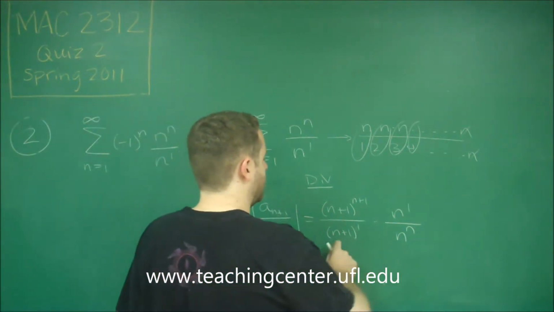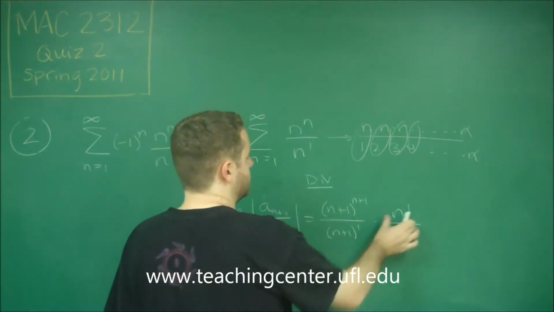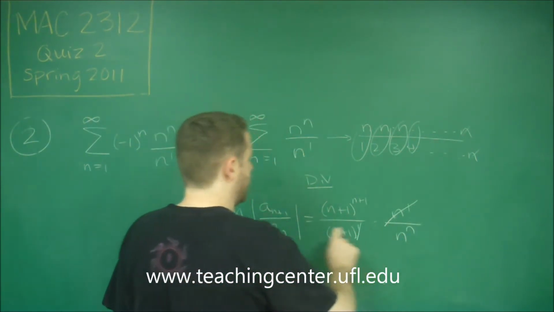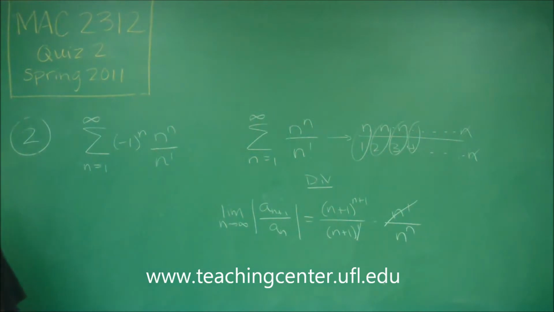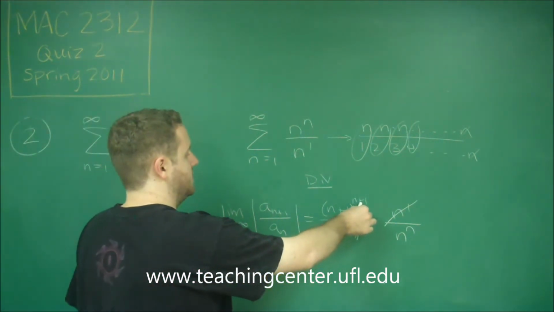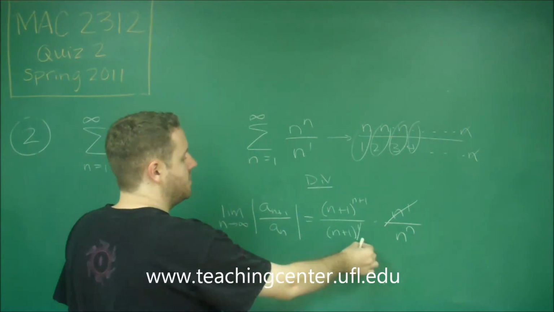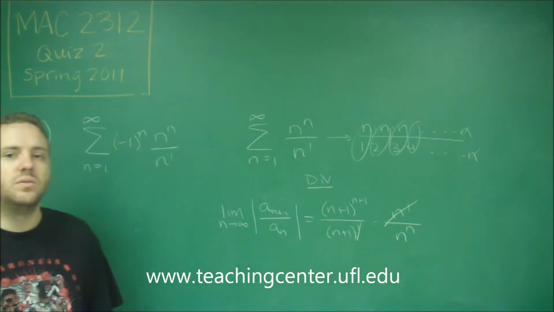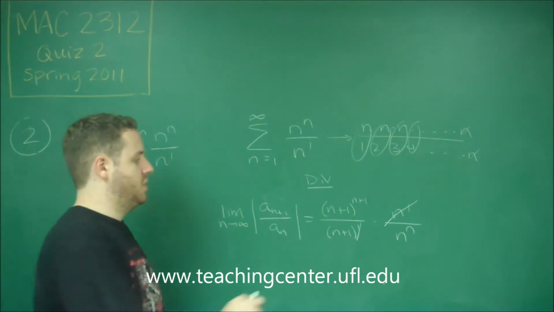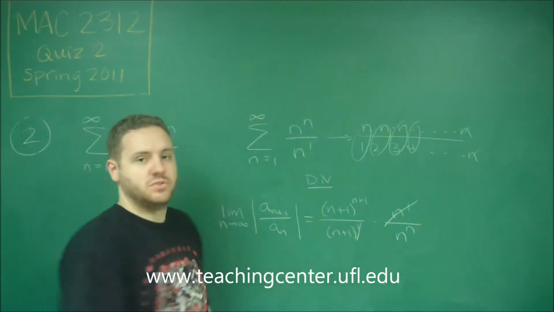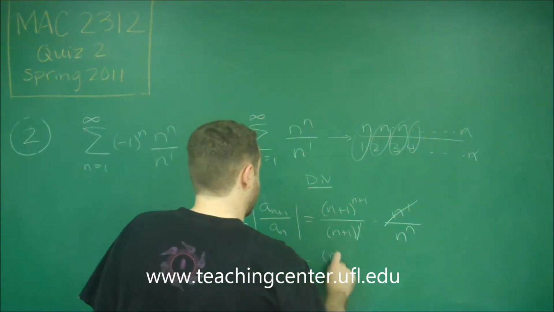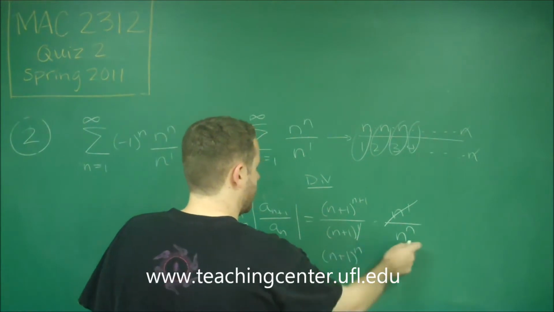So these factorials, we have a 1 larger factorial on the bottom and the top. That cancels this out and gets rid of this factorial. So we have that extra n plus 1 left over on the bottom. N plus 1 to the n plus 1 divided by n plus 1, that cancels 1 of that power. If this is n plus 1 to the 1 power, you subtract the powers, 1 of them cancels out. What we're left with is n plus 1 to the n, and we still have this,